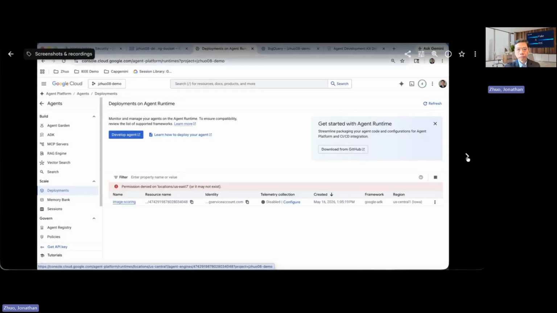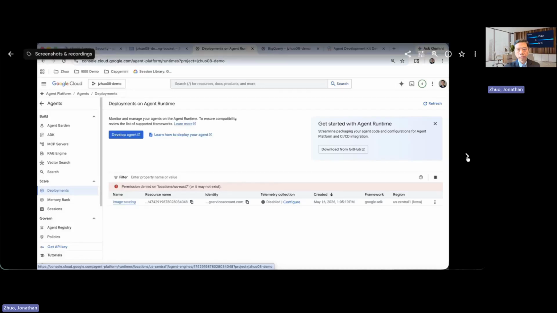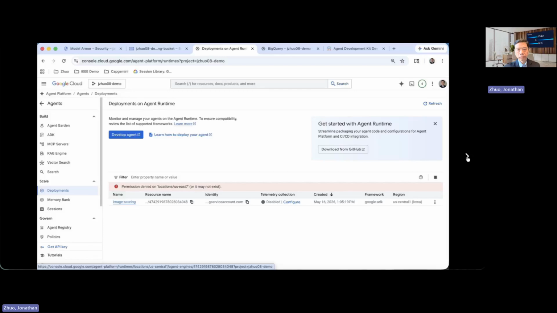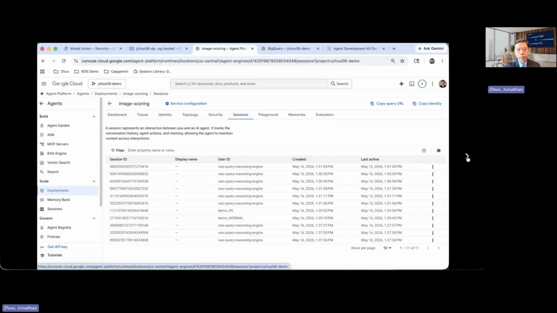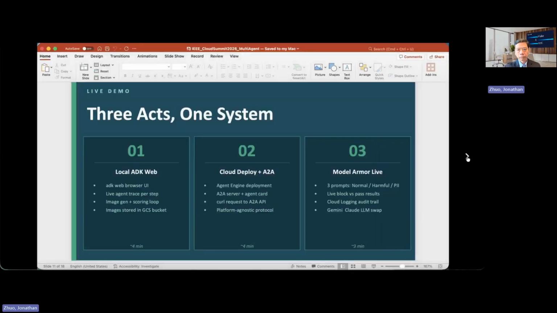Next, I'm going to deploy this agent into Agent Engine, which is the hosting environment. You can see that in the past I have done some demonstrations as well, and I'm going to do a real live test to send some traffic to the image scoring agent running inside Agent Engine. And this is our part 3,